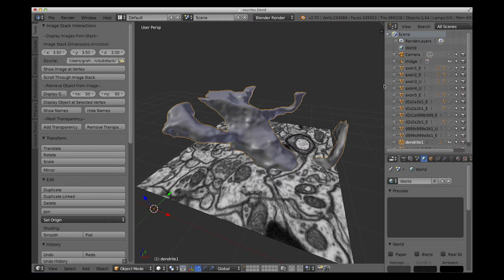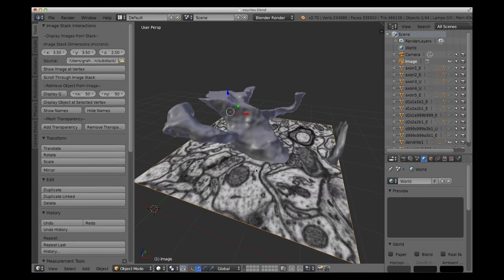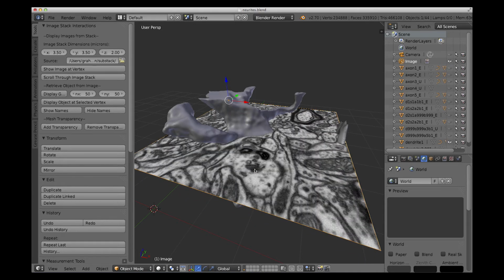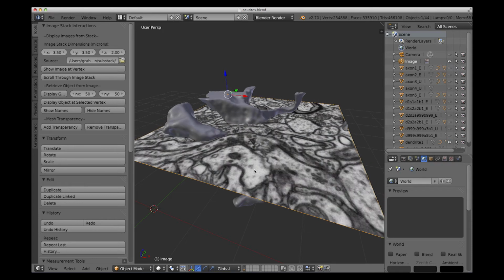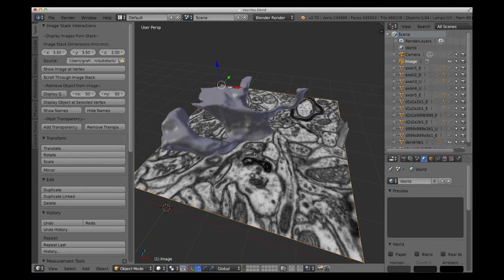And we can see this electron microscopy image at the correct position within the model. Using these tools, we can scroll through these images and see how well this model is represented from these images. Okay, so let's make a start, and first of all I'll show you how to load these tools